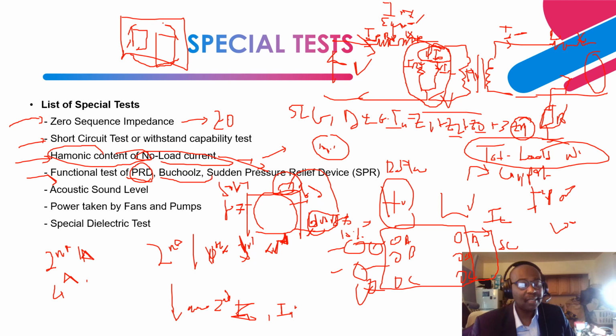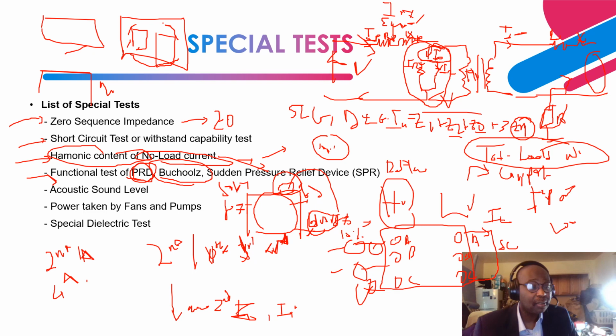So functional testing is done basically to determine and validate the set points of the pressure relief device. Same thing with a Buchholz device, right? The Buchholz device is implemented for open conservator tank, free breathing transformers, where you have a conservator tank and you have a main tank over here. Then you have a downcomer piping, and in between the piping from this conservator tank, which is basically a reservoir, and this one is the main tank,